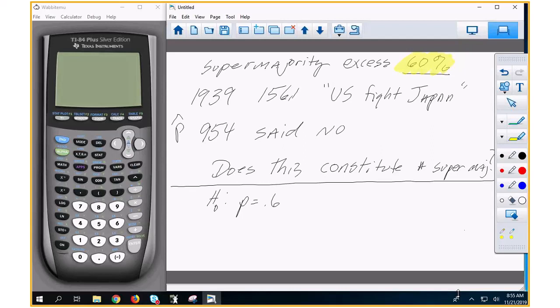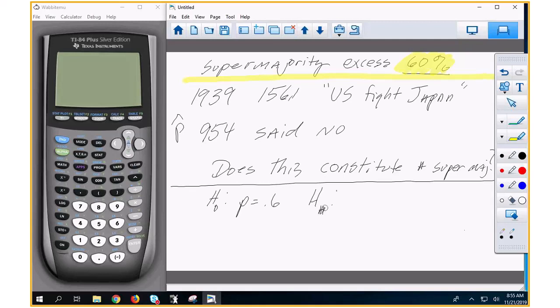A poll is taken, and parliamentary procedure definitions define a supermajority as anything in excess of 60%. That's our null hypothesis, because now somebody went out and tested it. So what do we do? Well, you know you're going to use p hat. Well, first of all, the alternative,